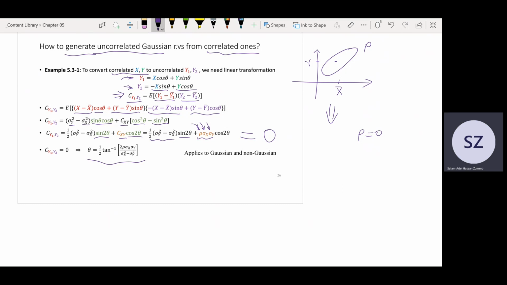Circles, huh? So basically, in order for this to be like this, what do you want to do? You want to rotate this by a certain theta, right? This is exactly what we did. When you define a new random variable Y equal to X cosine plus Y sine, simply you are rotating this PDF by a certain theta such that it becomes from an ellipse to